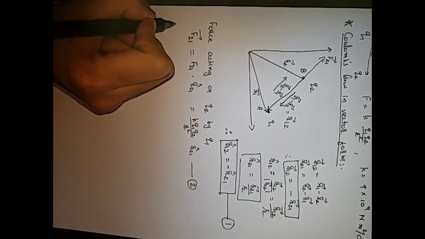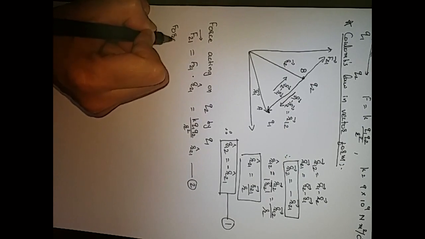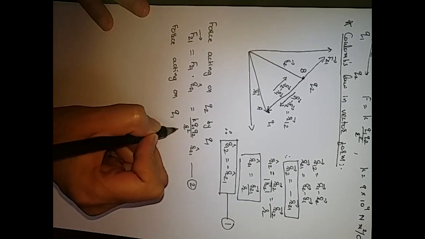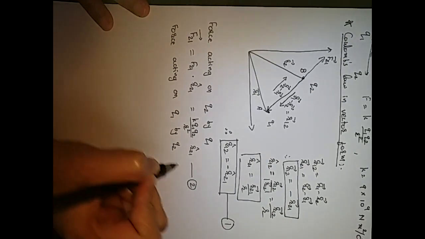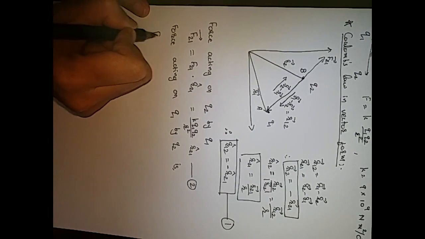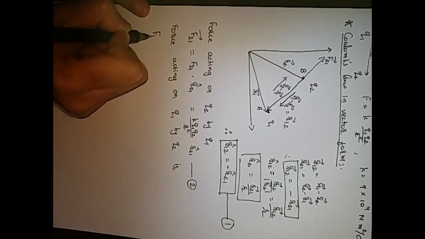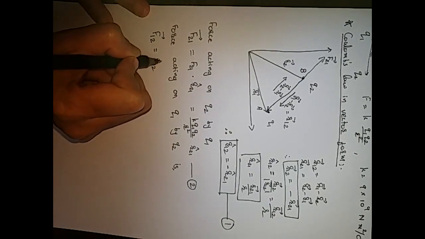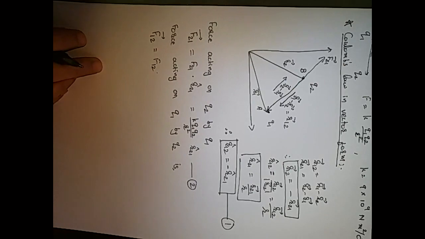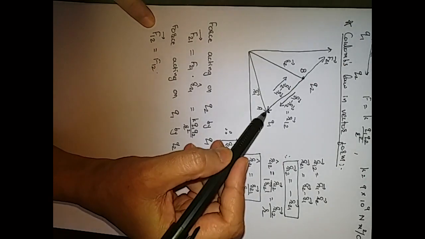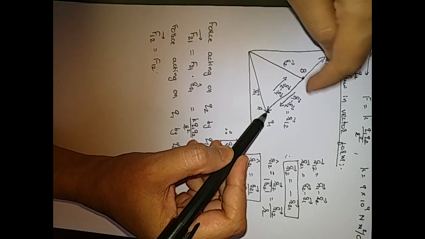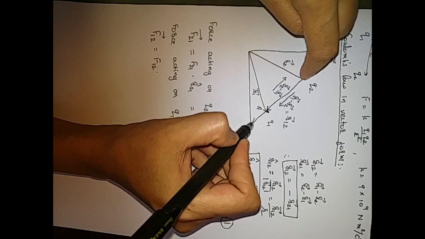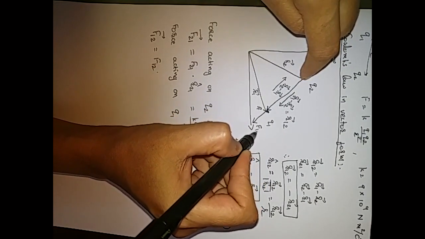Okay. Similarly, force acting on Q1 by Q2, that is force on 1 by 2. So F12 equals magnitude of F12 into direction of F12. Let us check what is the direction. Force on 1 by 2. Again there will be repulsion, so Q2 will push it away. So this is the direction of F12.